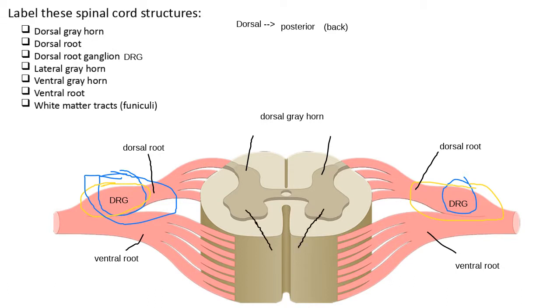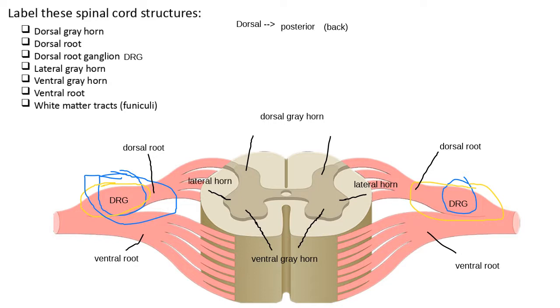What am I going to call this one here? Oh, we're questioning. Yep, there we go. The one in the back is the dorsal one. The one in the front is the ventral one. So the ventral gray horn, or the ventral horn. And over here on the sides, what's my anatomy word for on the side? Yeah, lateral. So my lateral horns over there on the side,